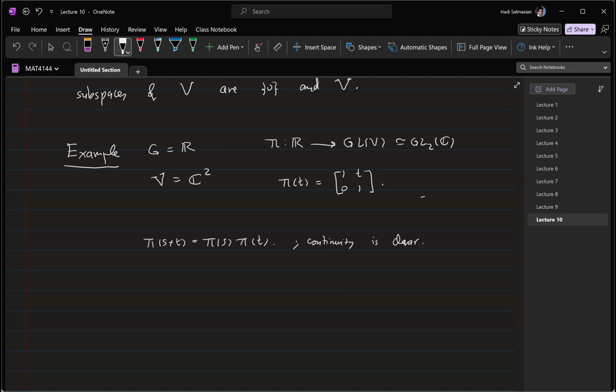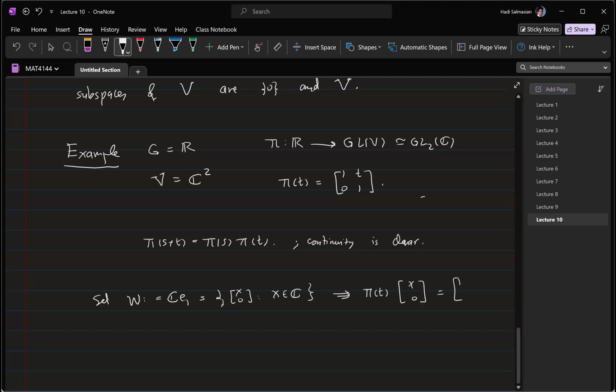So if we set W to be C e1, which means vectors of the form (x, 0), written in column form, where x is in C, then let's do the calculation: pi(t) times (x, 0)